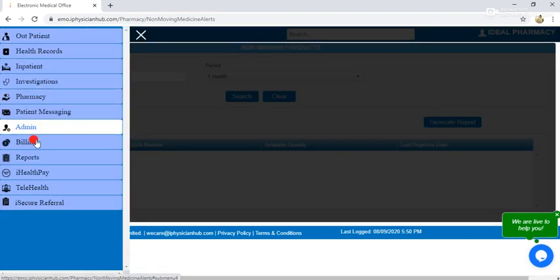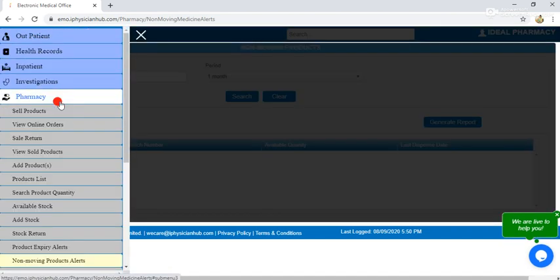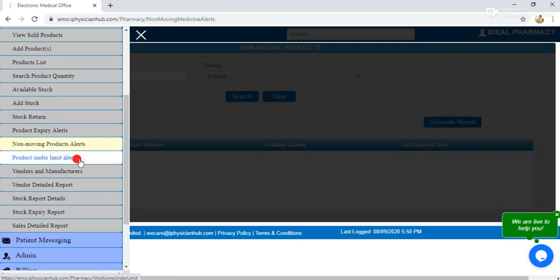After that we have another specific and nice feature, to see what products are under limit. Not only the stock, but we can set a limit for every product while we are uploading our product list. And if a certain product is under that limit, we'll get a report showing that you have to stock this up for sale.